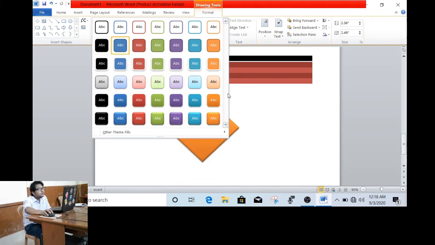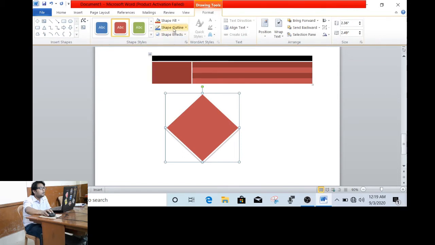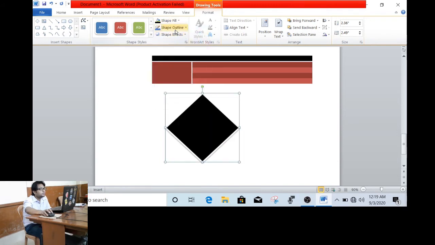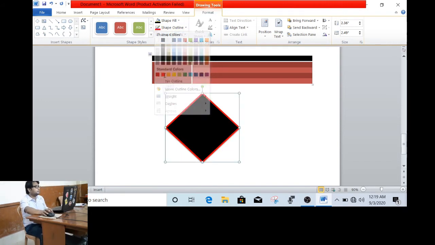Again I double click on this shape. I can change the color of the shape by clicking on the shape fill option. I can change the outside color of the shape by clicking on the shape outline option. So this is how we change the colors or give some background to the shape.